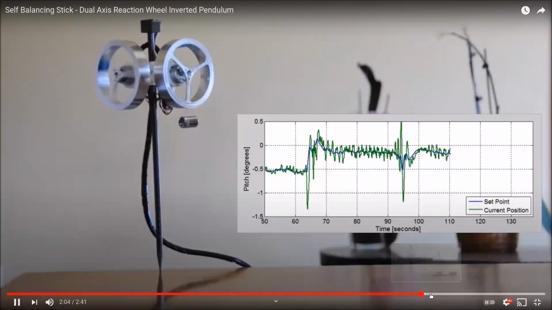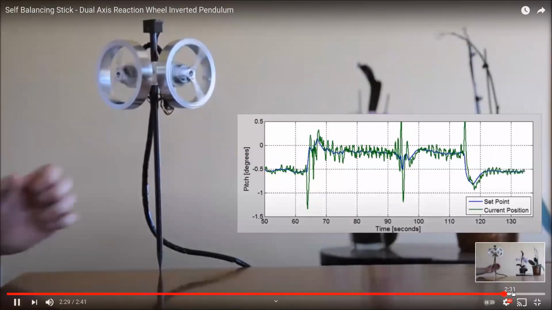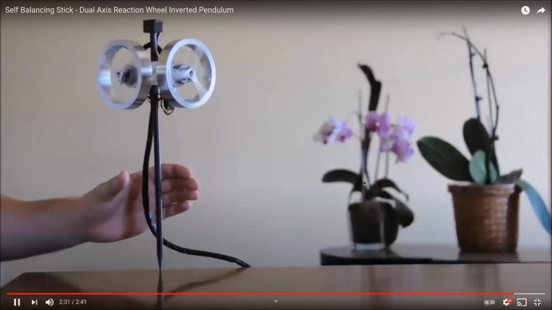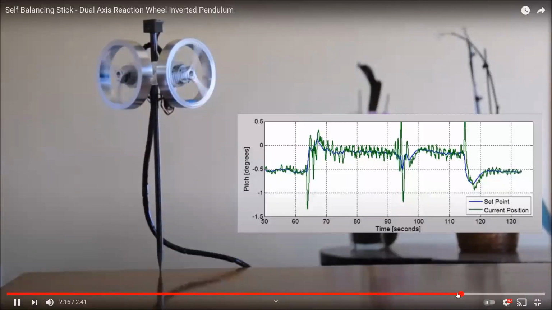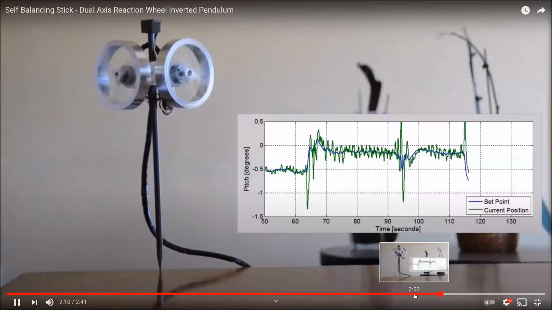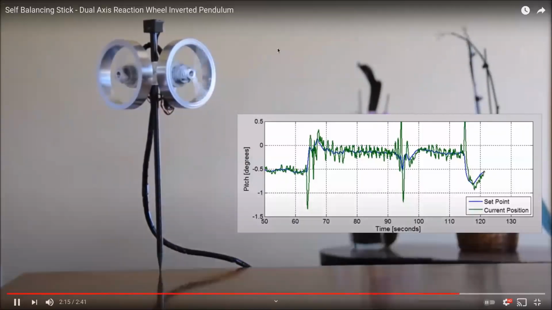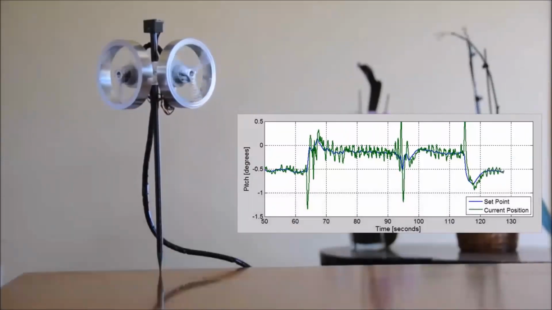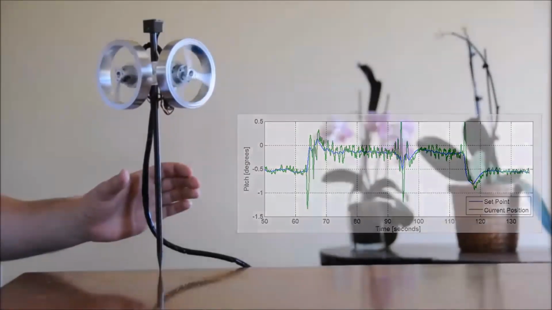Well, if we remove or add a weight, this still counts as a perturbation, and this can handle it. Of course, if the perturbation is too large, the system might not handle it. Anyway, this is once again an example of a closed loop control system.